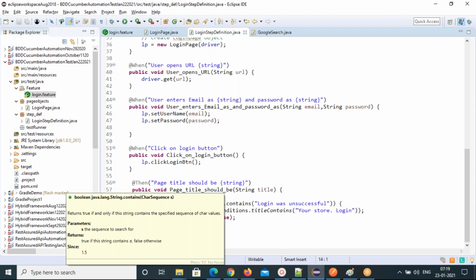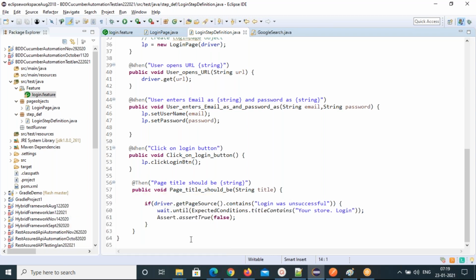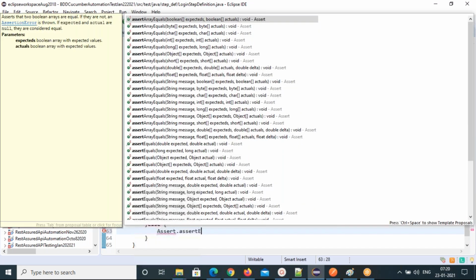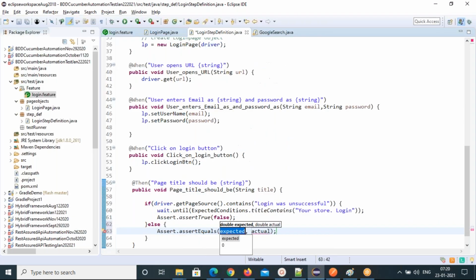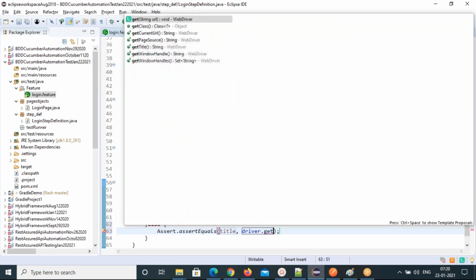So what we need to write is to assert that page title. In the else part, you can simply say Assert dot assertEquals, giving the title. This is what I'm expecting, and actual is what the application gives.